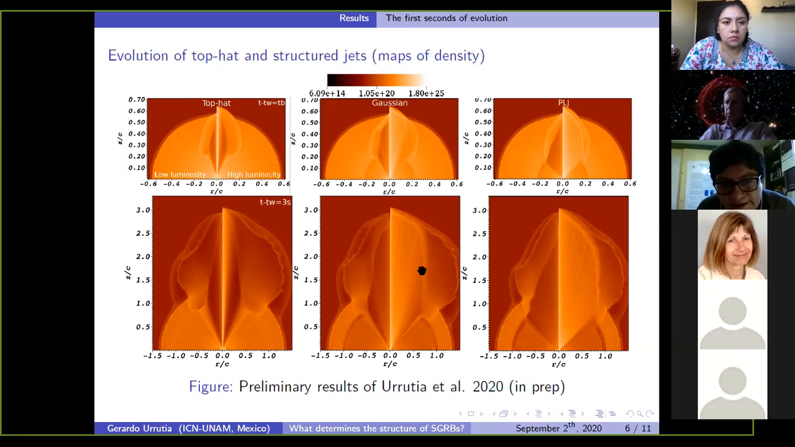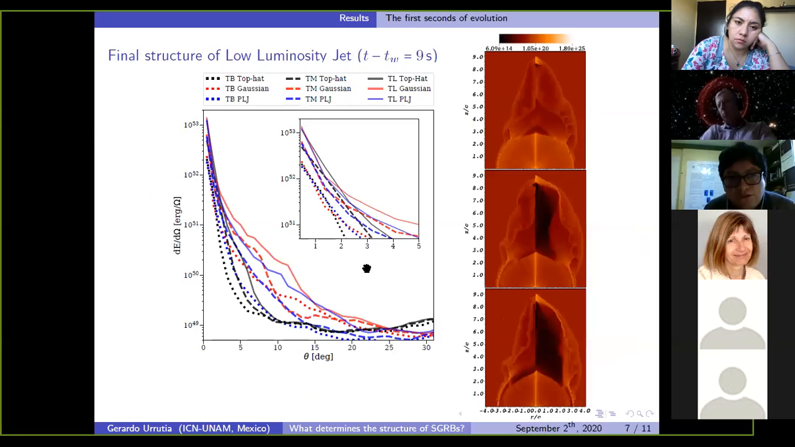So this is in the bottom panel. I present the jet evolution 3 seconds after their launching, and the cocoon is more extended for the high luminosity structured jets, and less extended for the low luminosity jets. So here I show you the final structure of the cocoons. In the panels on the right side, I show you the density maps of final cocoons, and in this final output of my simulations,